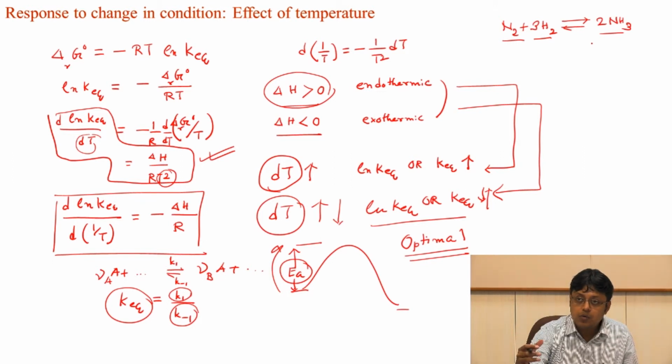So if you have a quencher of heat, or basically if you reduce the temperature, then the reaction will shift towards this side, the forward side, and you'll have more and more ammonia. However, you'll realize that you need some amount of energy to proceed with this reaction, because the reaction involves a step where the bond between the nitrogen atoms in the nitrogen molecule needs to be broken to generate the nitrogen atom, which will react with the hydrogen atoms